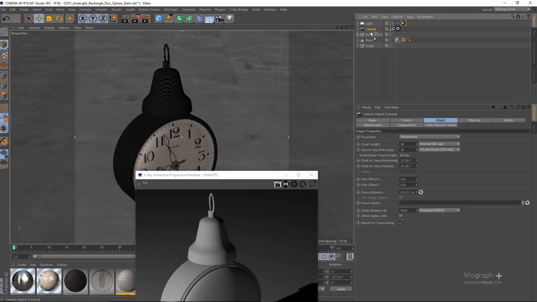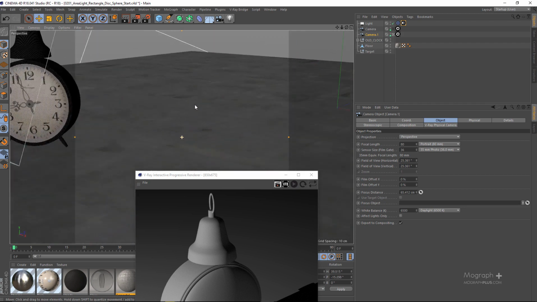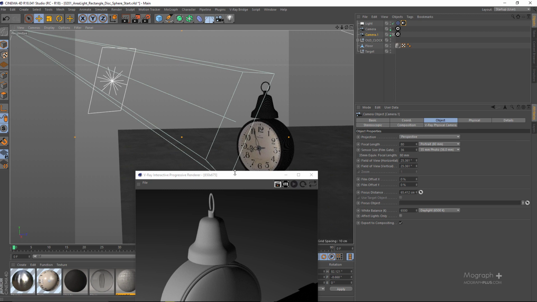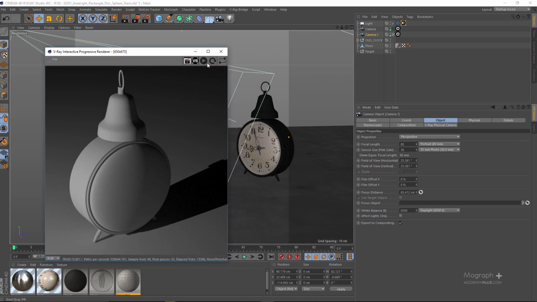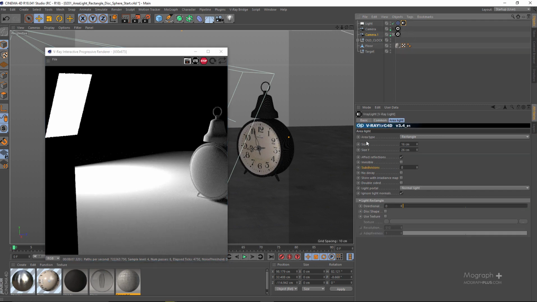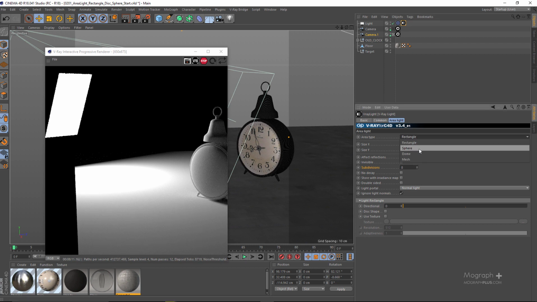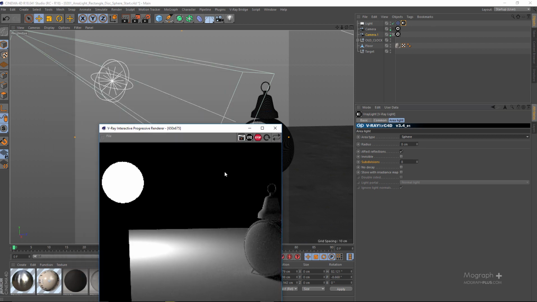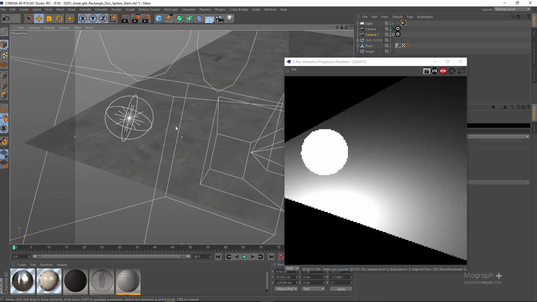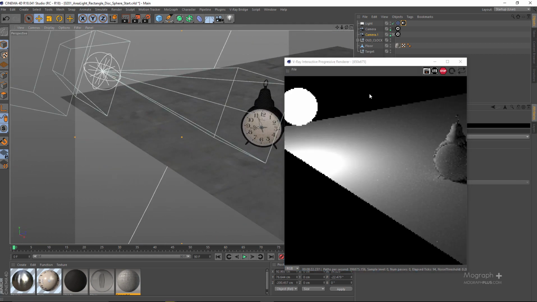Let me quickly control-drag and create a copy of this camera and move it around so I can see my light source here, right? And if I just press play here, you can see, if I get back to the light tag, the light source is set to rectangle and we get this rectangular shape. I can change it to a sphere, and now we have this sphere, right? So if I just move around, and you can see the IPR here, we basically have this sphere as our light source,